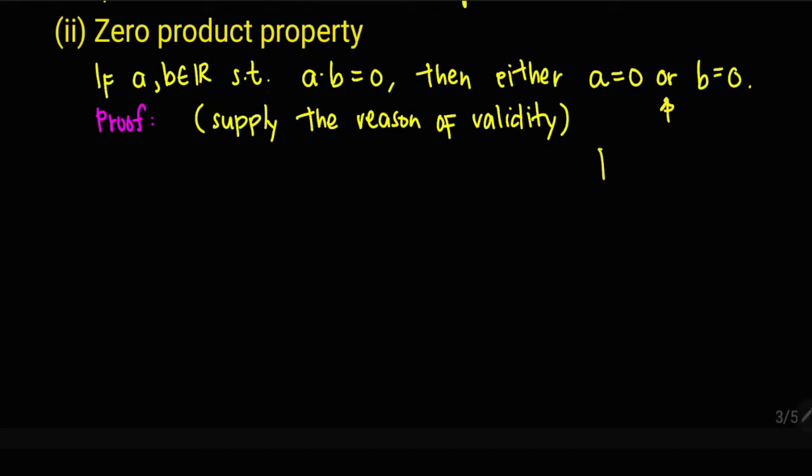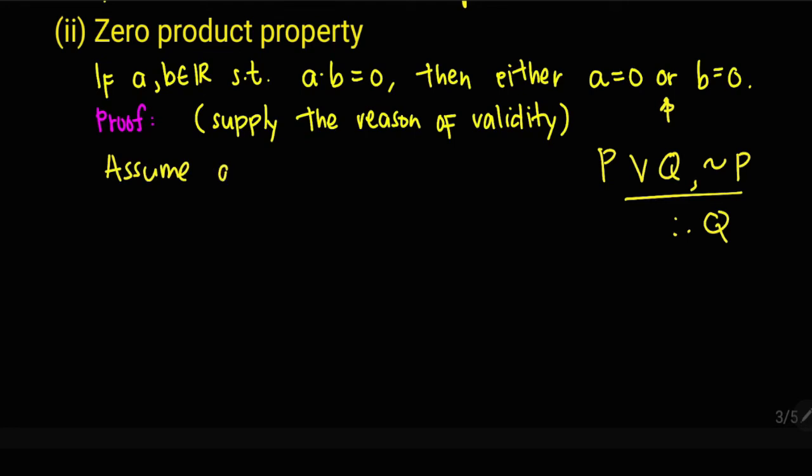So, if you have P or Q, and then you show not P, you need to be able to show that it is Q. Again, in logic, P or Q and not P means Q. So, meaning, for the conclusion to be valid, what we can do is we can suppose the negation of P and we will show that Q must be true. So, assume